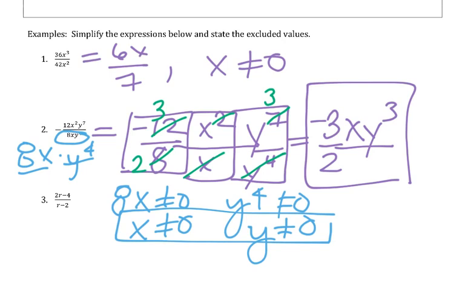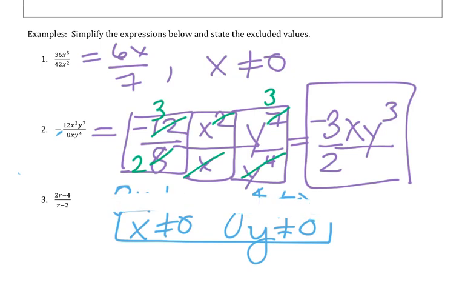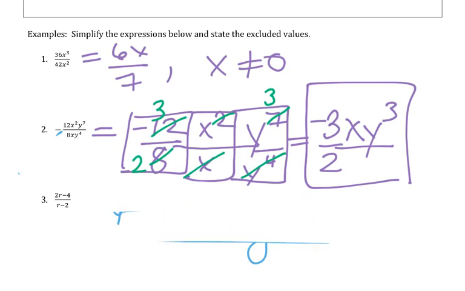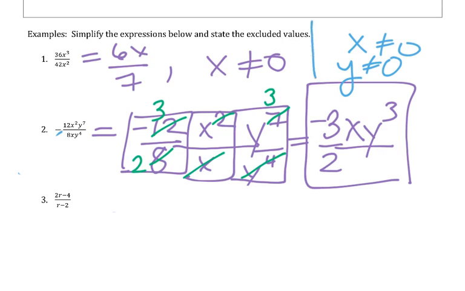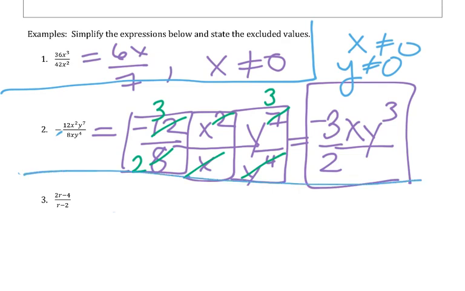Okay, let's erase some of this to give us more room for the next problem. And those excluded values I'm just going to write up here. Y can't be 0 and x can't be 0. So that's for number 2. Okay, so for number 3,